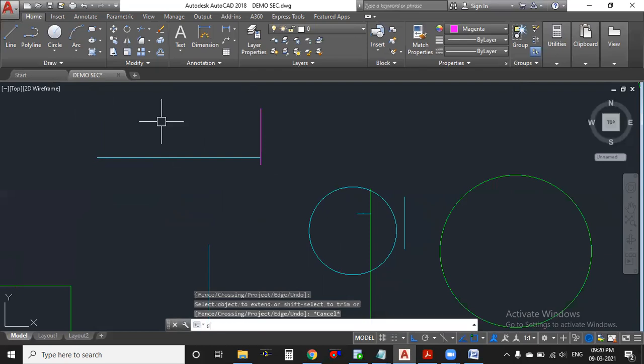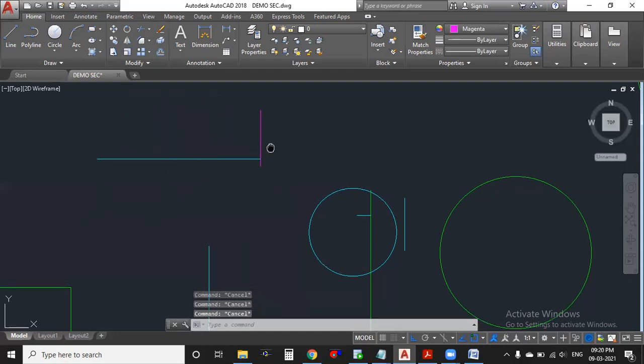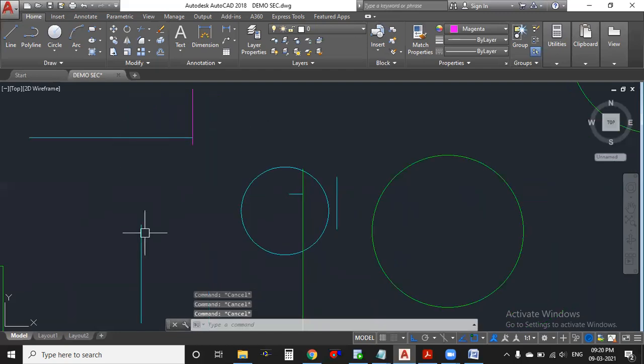So it will extend 500 mm. Now you can see 500 mm. Now not only this one, this line I can move up to here. See, EX enter, select your object, enter this one,